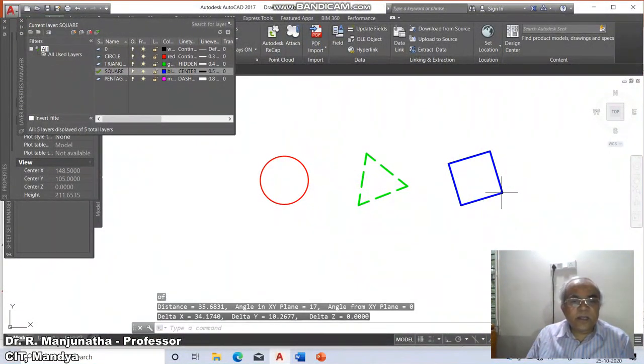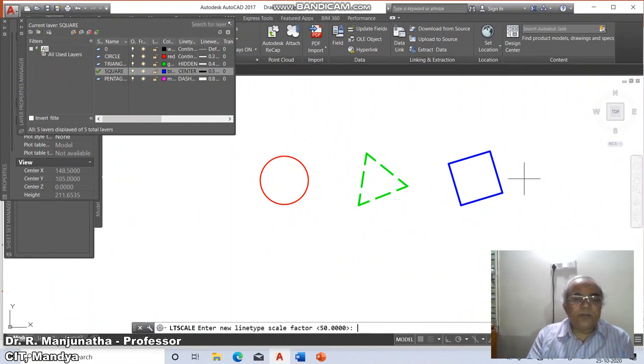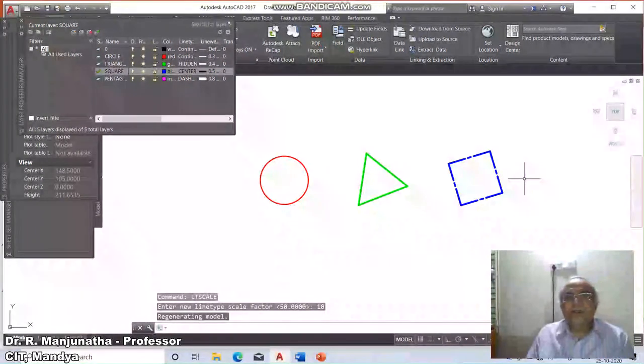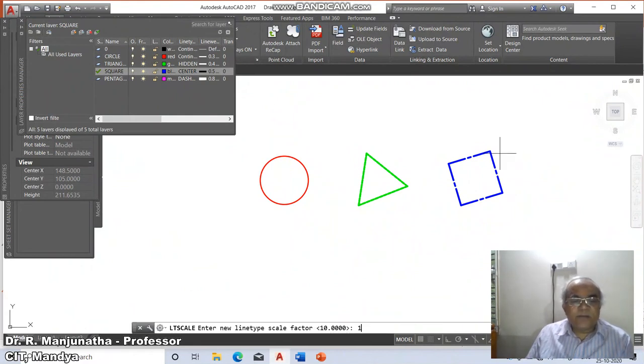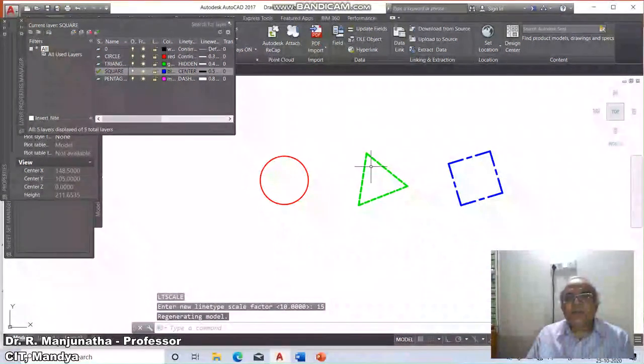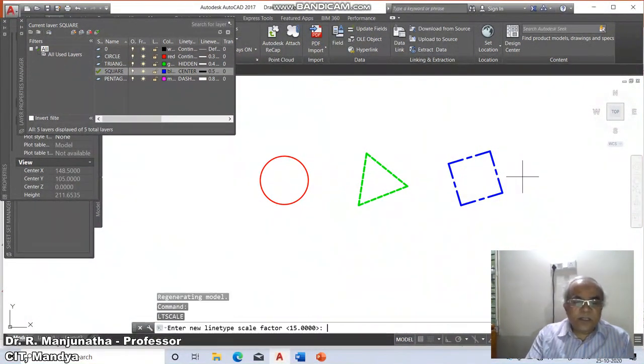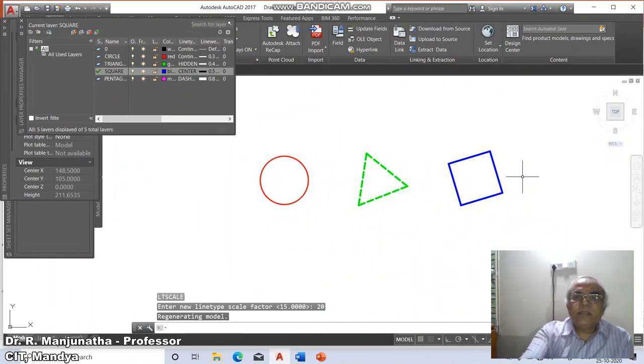Then we can say 50 is more, so naturally it will not be able to draw this. I will take 10. If you take 10, this will be of the dashed out LT scale. If I take 15, because this is the hidden line type, we can see it. So this is how the adjustment we need to do. If I go for 20, this will be hidden, but it will not be the dashed out center line. So naturally I can give 15. So you will have this.